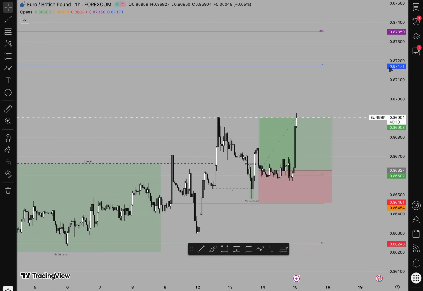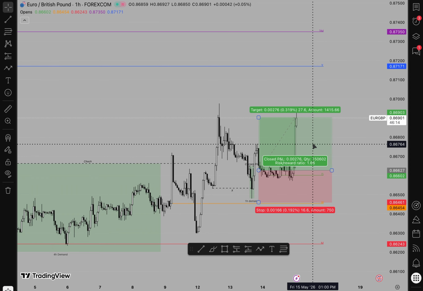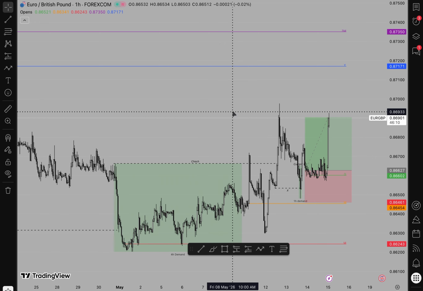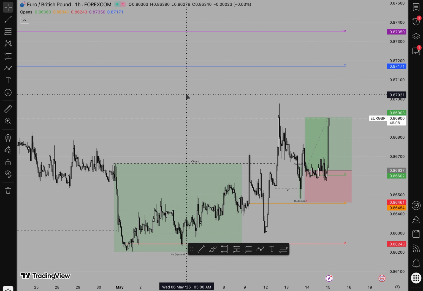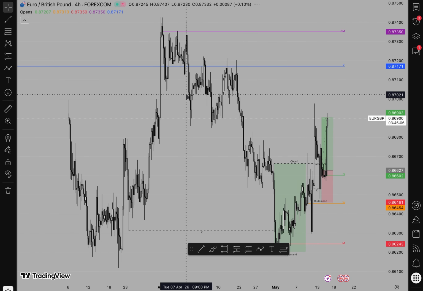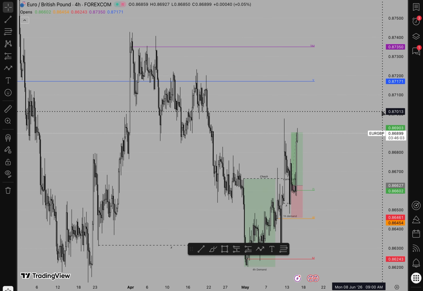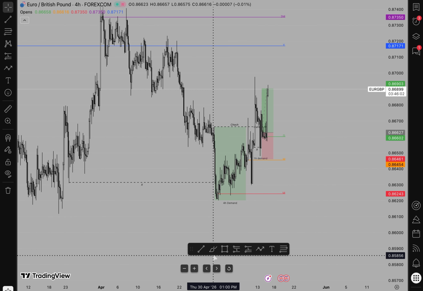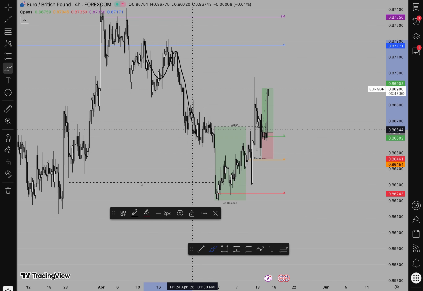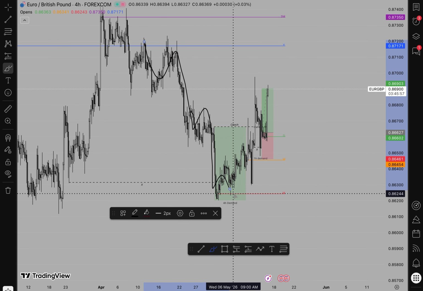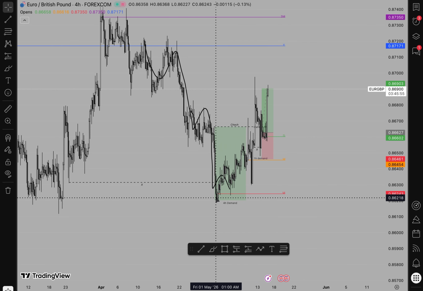Okay, so we're looking at EURGBP for our trade today, which ended in a 1.66 R. And so to understand this, we're going to go to the 4-hour time frame, and we're going to see the price was moving downwards, having these lower highs and lower lows, very bearish order flow until about the beginning of